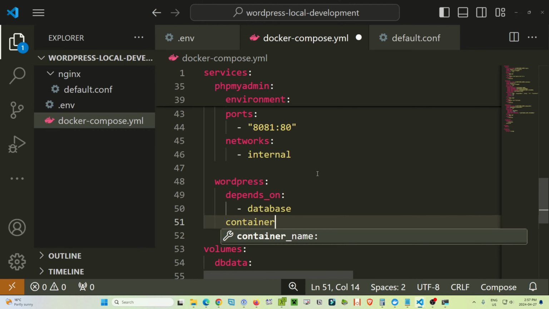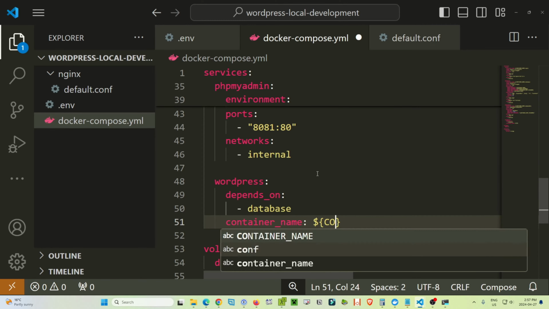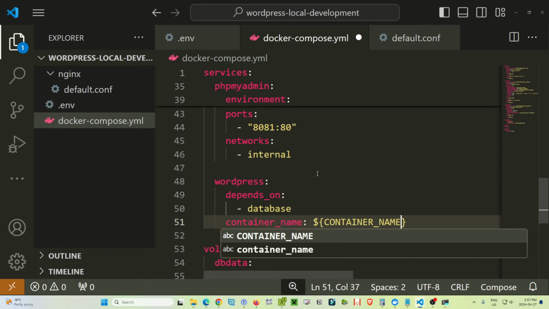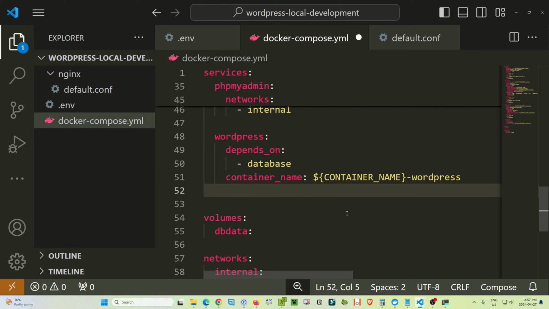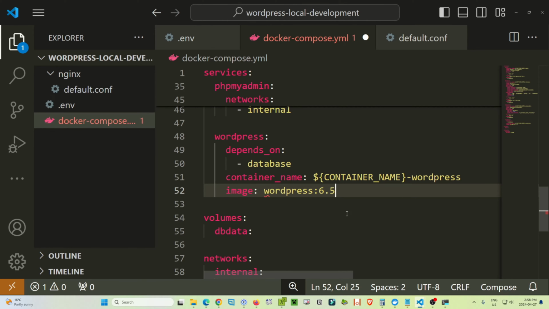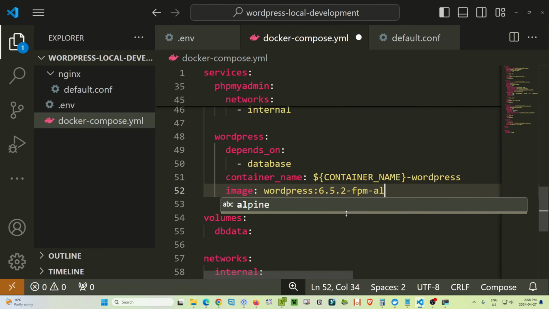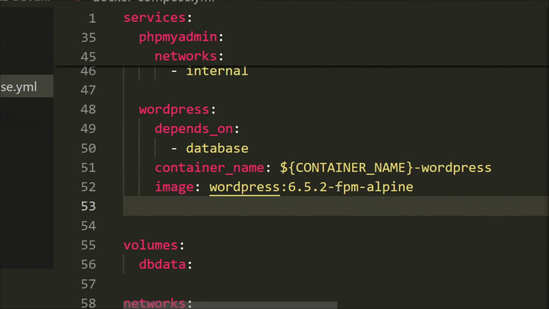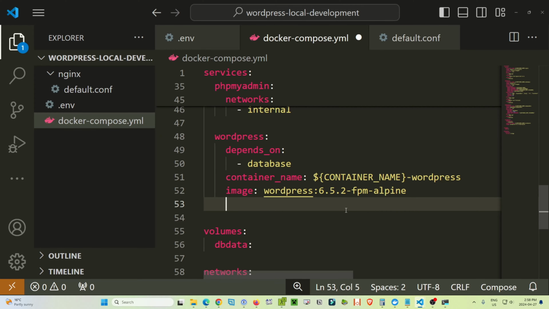Okay, we're going to be using a container name of container_name: - WordPress. For an image, we're going to be making use of wordpress:6.5.2-fpm-alpine. Now, this FPM is very crucial for what we need in our local setup. We can also use the Alpine version of this image, which is available in Docker, but all it is going to download